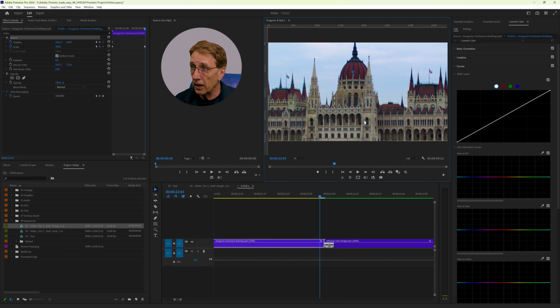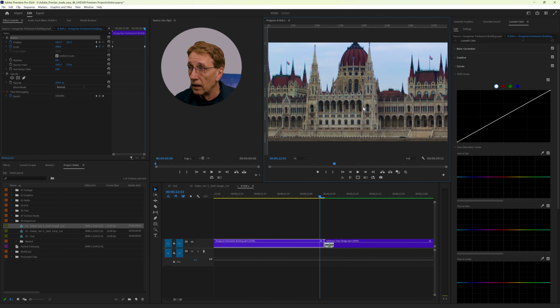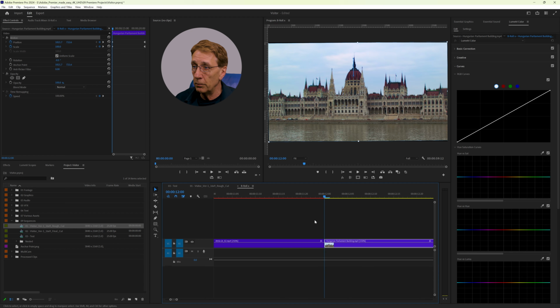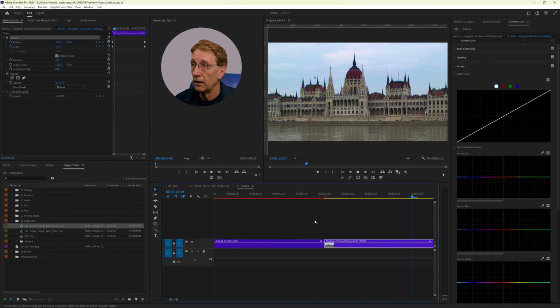I push it up and I hold shift, and this is exactly what I want to see. I want to see the street here, but I want to turn it a little bit and give it -0.5, so it's parallel to my frame. So now we've created this zoom effect. Let's go to the beginning of the clip and play it.